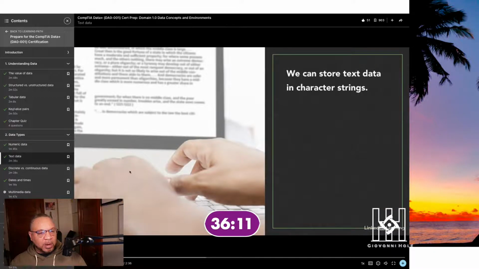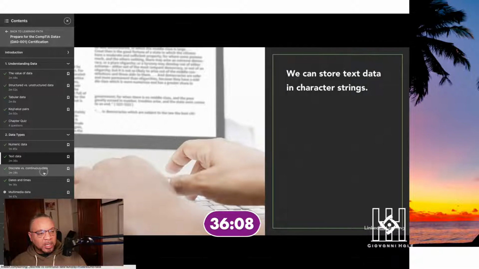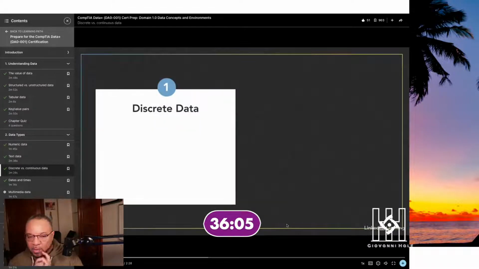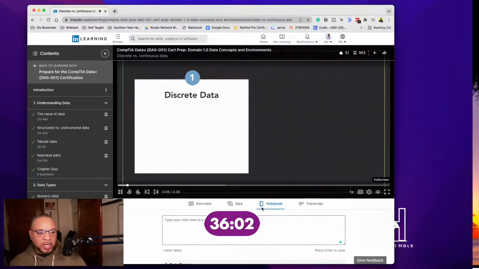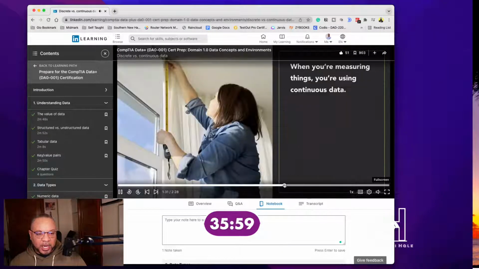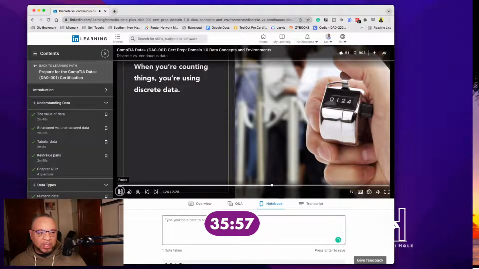I think we need to go also back. Commonly work with text data. That's data made up of characters. I want to take a note here because there is something: discrete data, that 71.5, it doesn't make any sense to have a decimal value. He pointed out here that when you are counting things, you are using discrete; when you are measuring things, you're using, let's see, that is discrete, that's non-discrete.